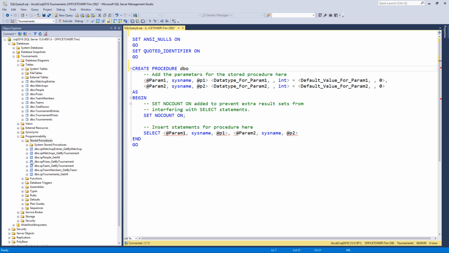So create procedure dbo dot. And let's call this, I always start with sp. Don't do sp underscore, but sp. sp underscore will confuse the system into thinking this might be a Microsoft supplied store procedure. And that's not good. It makes things longer to try and figure out, and it could have some naming issues. So let's call it sp TestPerson underscore